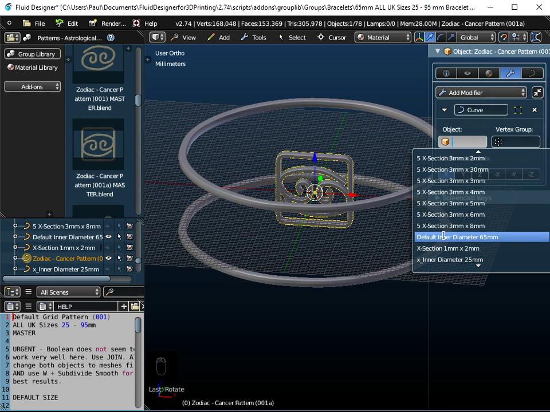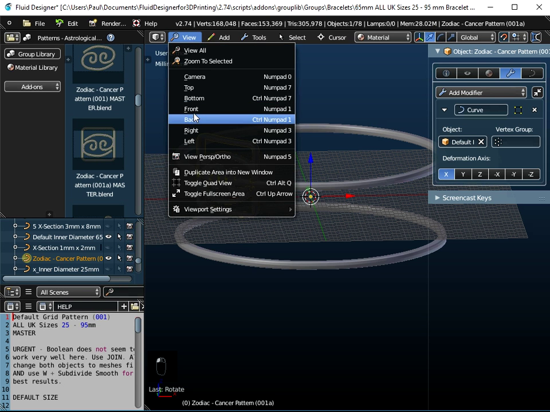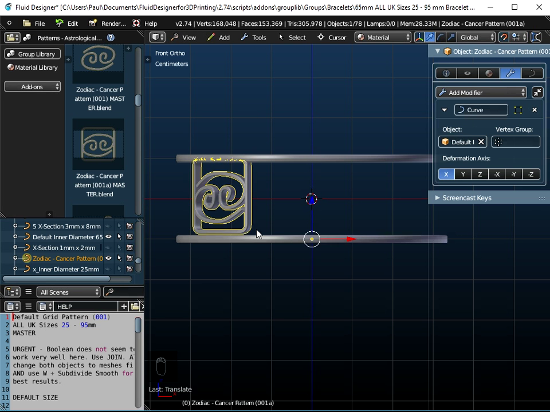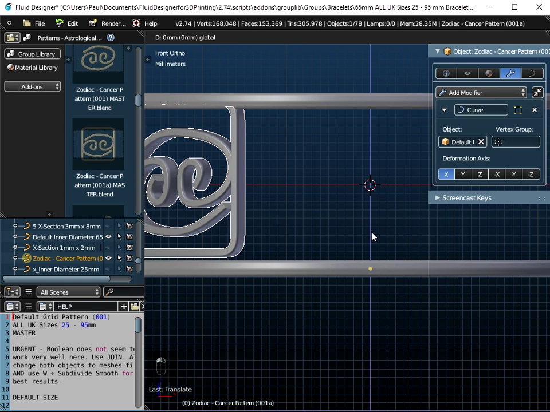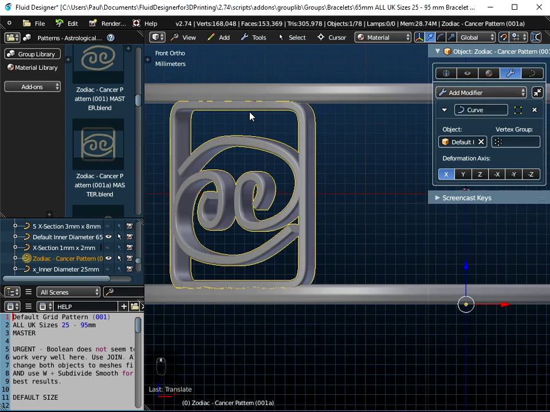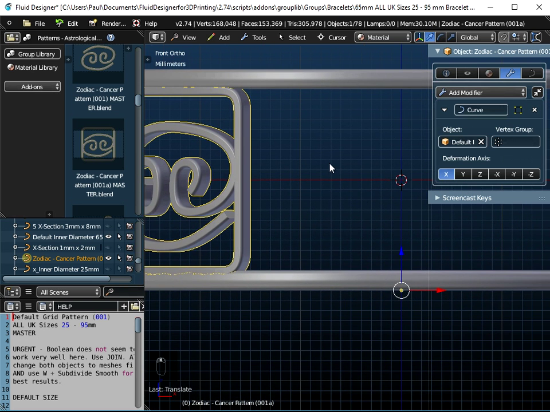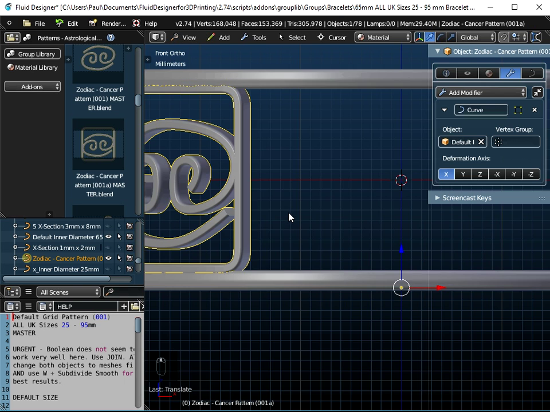So I'll just set it to the default inner diameter there. Now if I just go View and Front View, and pull that object down now, it looks like I need to pull it a little bit further down so I can zoom in there, and yep, okay, that's not too bad. Now what you've got to look for is you want some overlap at the top here and overlap at the bottom. I think I've probably got a little bit more overlap at the bottom than the top. So if I just switch off snap, and move it up very slightly so that my overlap